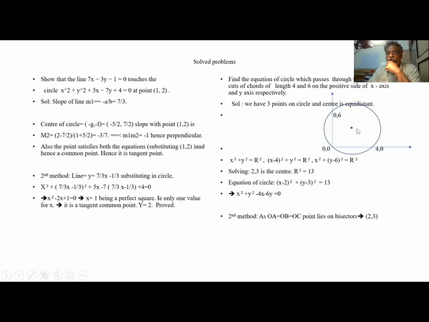Otherwise we can take the point (x, y) and the distance conditions: x square plus (y minus 6) whole square is r square, with the origin x square plus y square is r square, and similarly for the third point. If we solve all these three, we get the center as (2, 3). But by seeing it, we can say the center is x is 2, y is 3. So for every problem, if we draw a rough sketch, we will know that our problem will be easy to address.